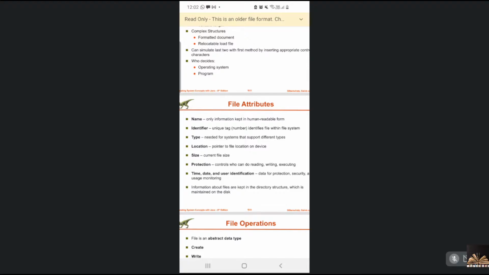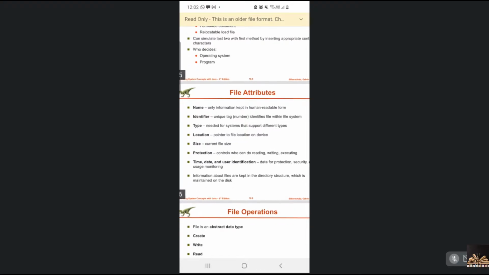If you right click on the file and see the properties, there you will see all these things: the size of the file, and what kind of protection, whether it is read protection or write protection, whether it is a locked file. That kind of protection will be saved, and you will have time, date, and user identification.